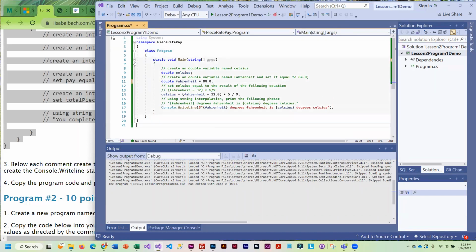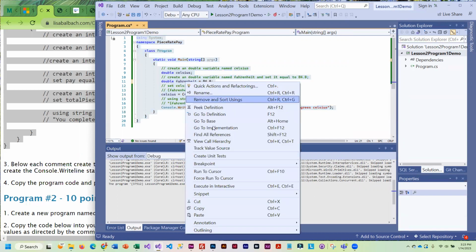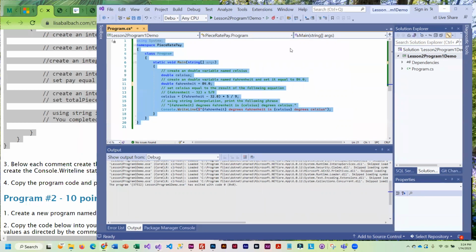To turn this in, all you need to do is highlight everything. I always press Control and the letter A. Then to copy, it's Control and the letter C. You can also right click and choose copy that way, but you can see over here it says Control and C. Those are the shortcuts. Once you have it copied,